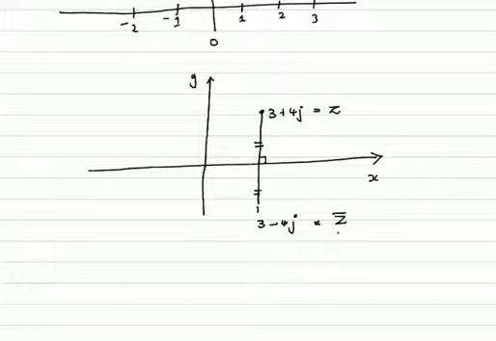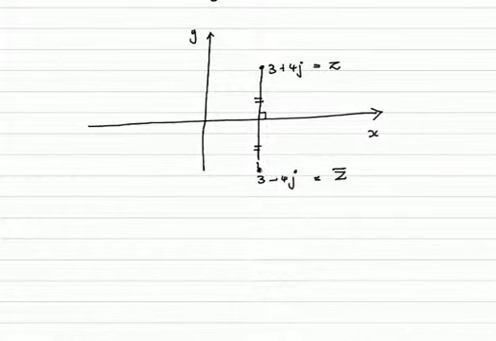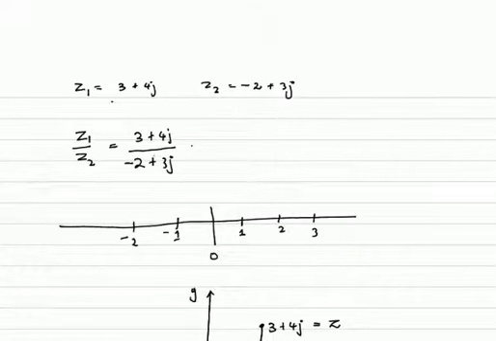So that is what we need when you are going to divide numbers. Let's say we've got a division like we've got here. In this case, we're going to need the conjugate of this denominator. You saw what happened here. Conjugate, from a number to its conjugate, what changes is basically the sign before the imaginary part. There it was 4, and then it became minus 4. So when you come here and divide, you basically need the conjugate here. You don't worry about the sign of the real part, you worry about the sign of the imaginary part.